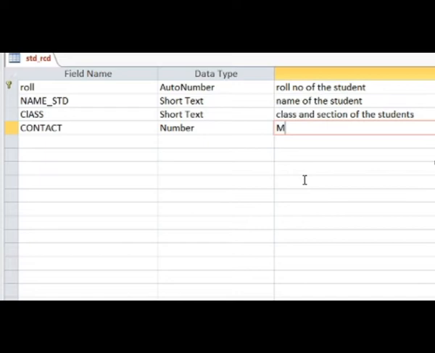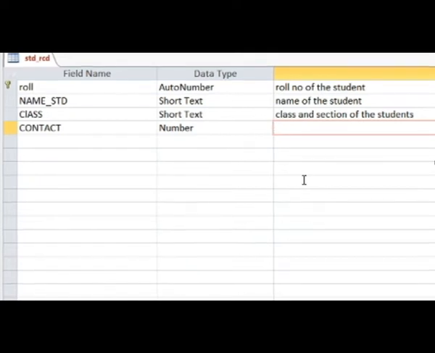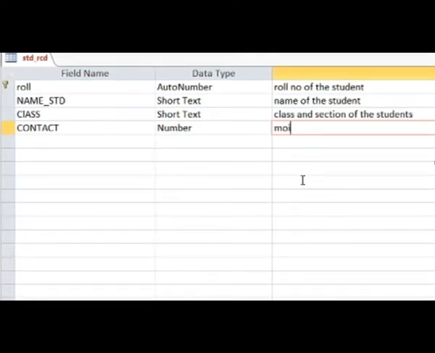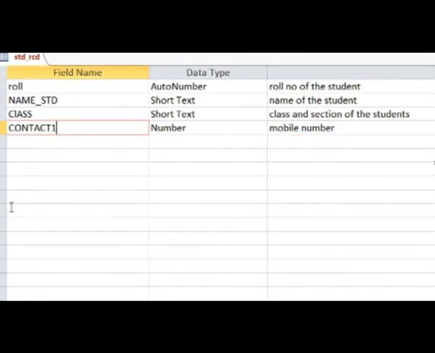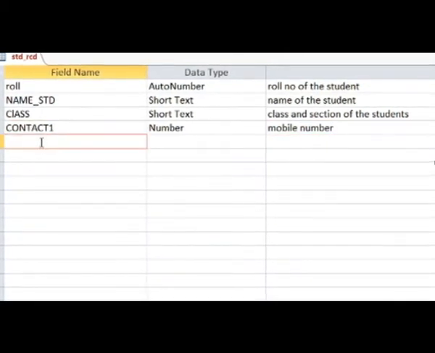This was with the previous versions. Here in 2013 I have seen that the maximum digit what you can type is not more than 10. So this we will find out. So this I have taken as number. So the description will be mobile number of the student. Okay, let me take it as contact number and I will show you.